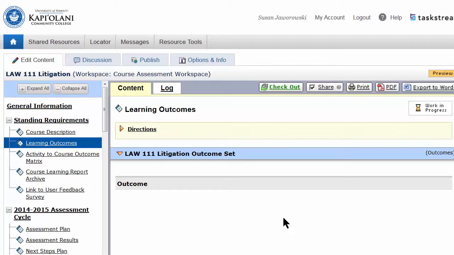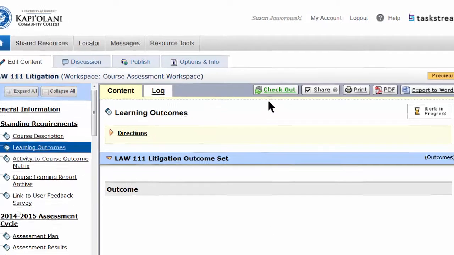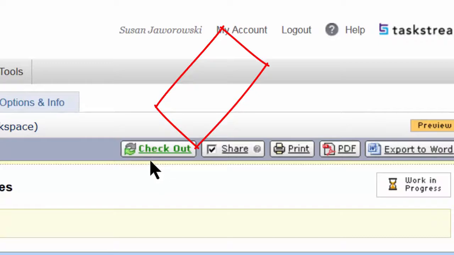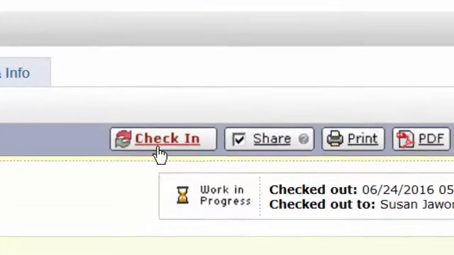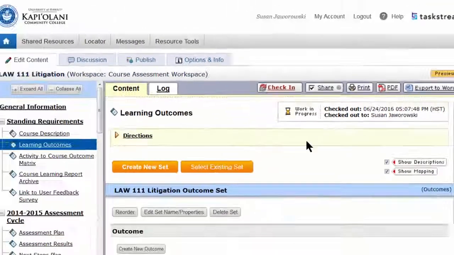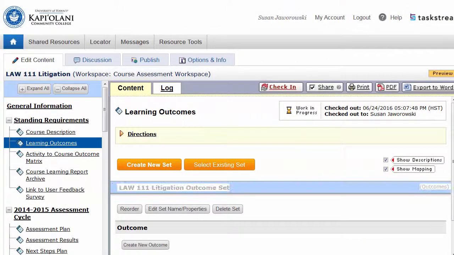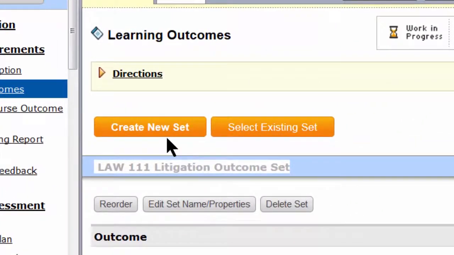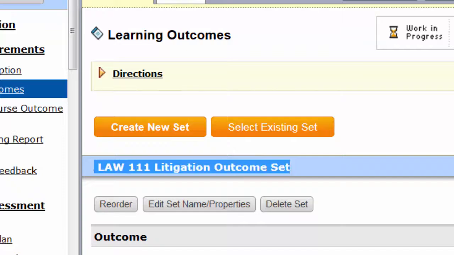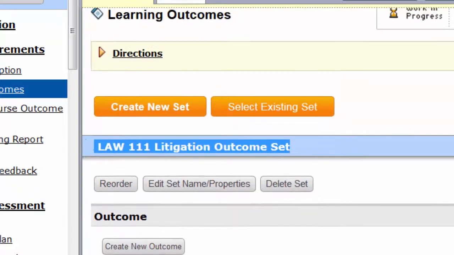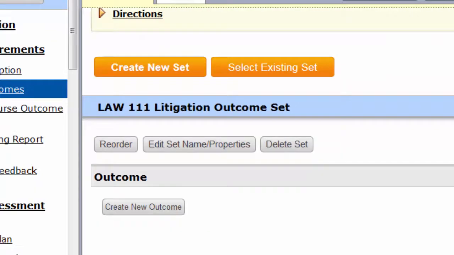So to add some, we first need to check out the document by going up to this green checkout button at the top and clicking it. It will then turn red and say check in. Once we're on this screen, you'll see two big orange buttons. One says create new set and one says select existing set. You can see that there are no outcomes listed here, so the button we're going to want to click is